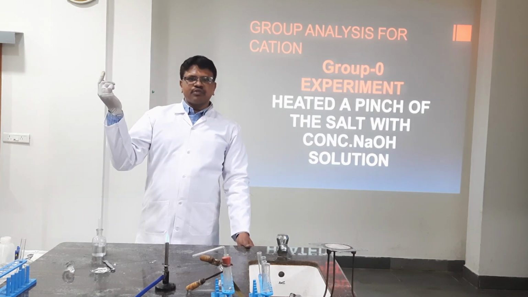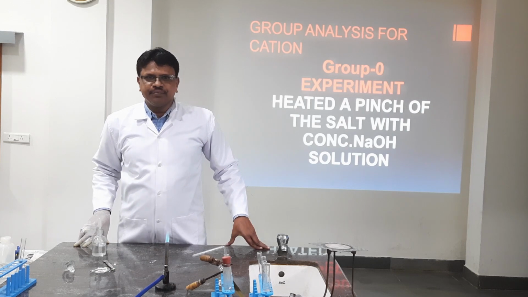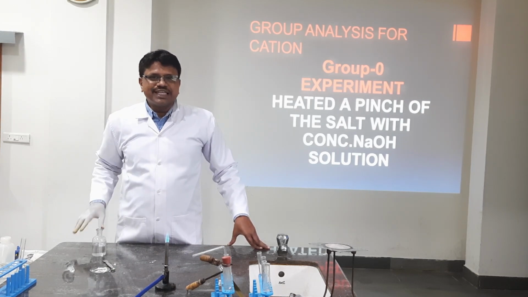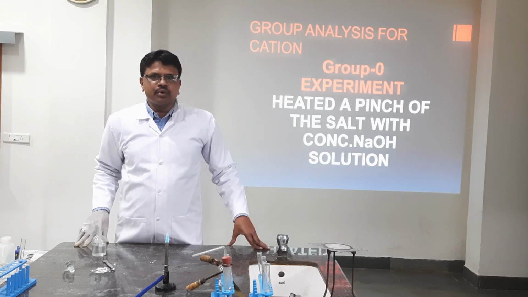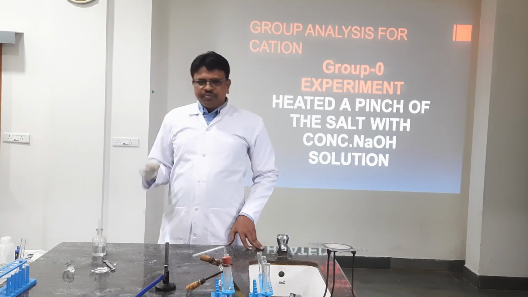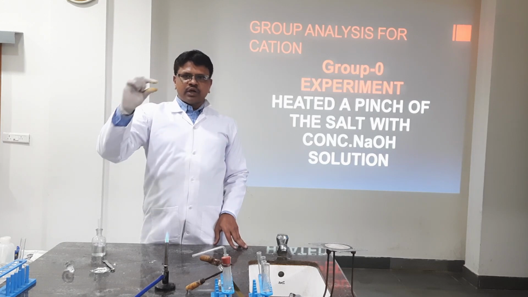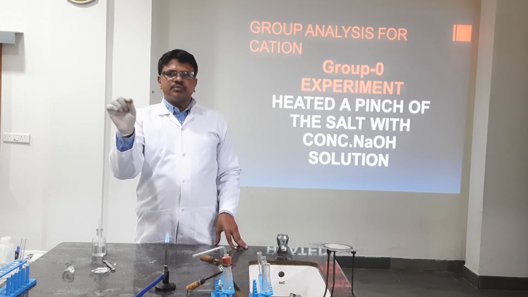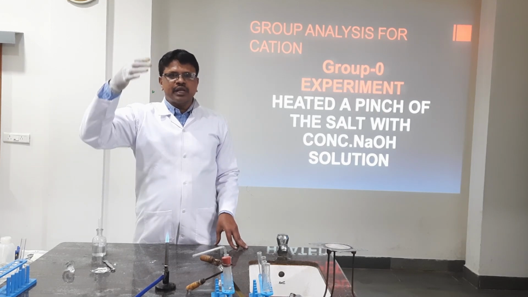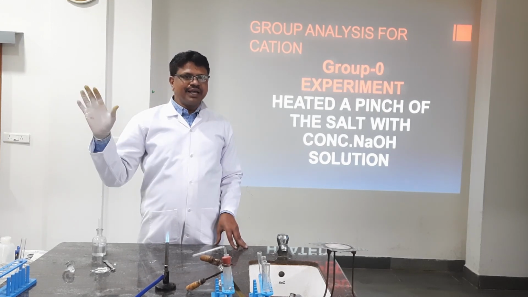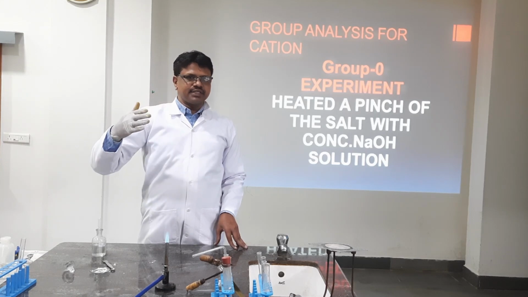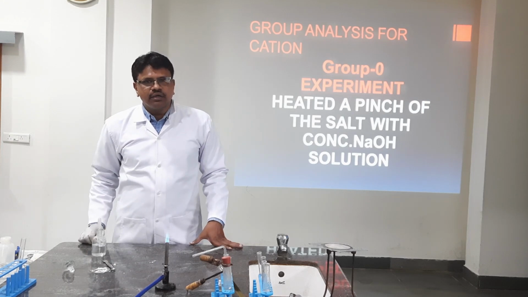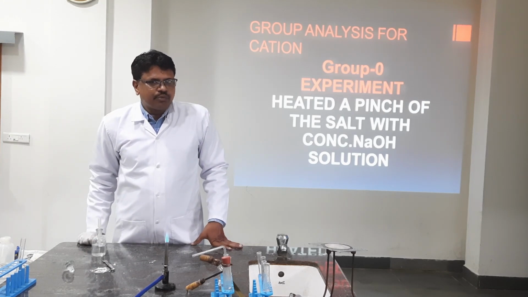So these groups are different from periodic table groups. These are mainly based on practicals and on those 3 things I mentioned: solubility product, ionic product, and common ion effect. Here we are going to add one reagent in each group. Accordingly, if a precipitate forms, that ion is present. This group analysis is nothing but identification of cations. After identifying the cation, we will again do a confirmatory test. Just as we did for anions, for cations also we are going to do a confirmatory test.